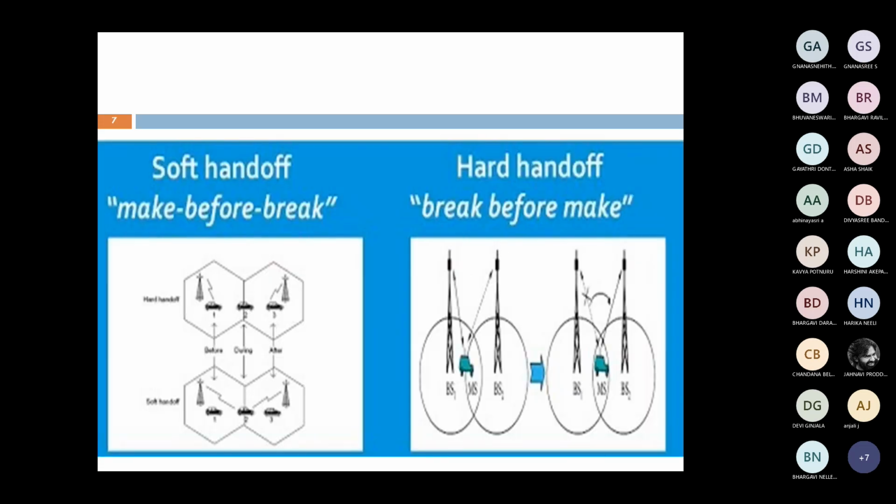You see these figures. What is the difference between soft and hard handoff? Soft handoff is when the mobile moves from base station 1 to base station 2. The mobile station uses both signals, compares which one is better, and takes that particular signal only. This is soft handoff, that is make before break. The second one is hard handoff. That is, we want a new connection from the adjacent base station, so we have to terminate the connection from the previous base station. That is called hard handoff, that is break before make.